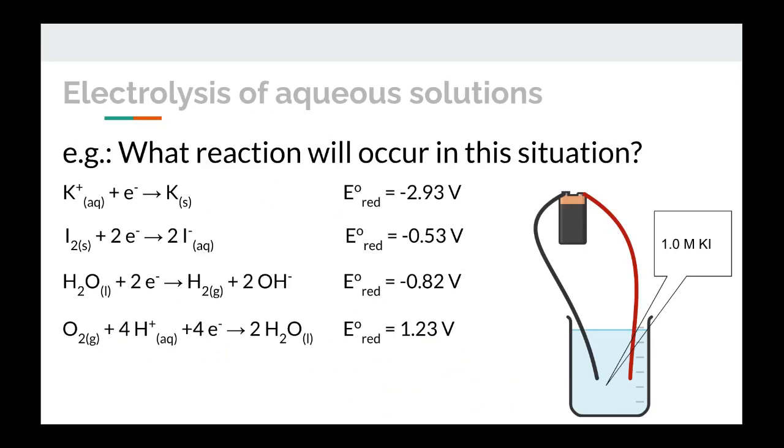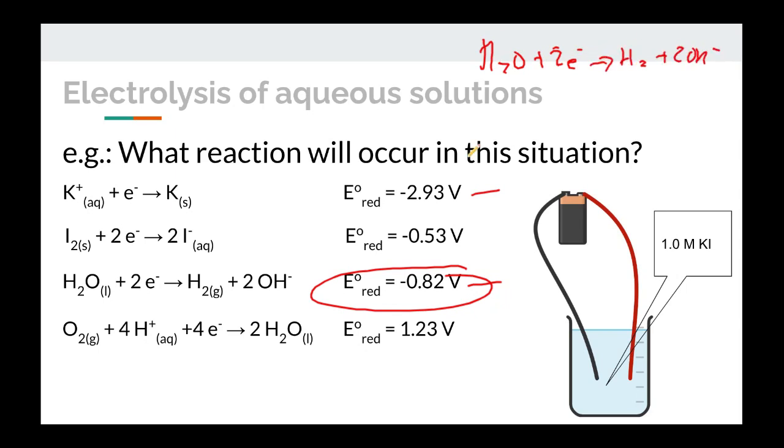Here's another one. Instead of melted liquid KI, we have a solution of potassium iodide, a 1 molar solution. What reaction will occur here? Well, now we have some options. Potassium could reduce, and that would be the reduction potential, but you also have water in the solution, and that could reduce. So we have a choice between these two. Of those two, water has the most positive reduction potential. So the reduction is going to be H2O plus 2 electrons makes H2